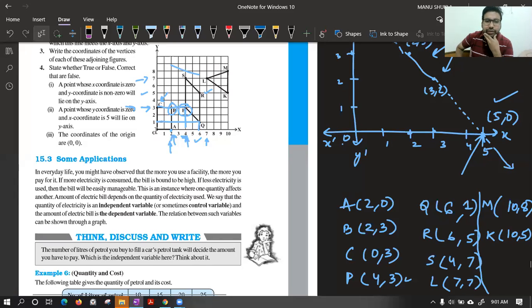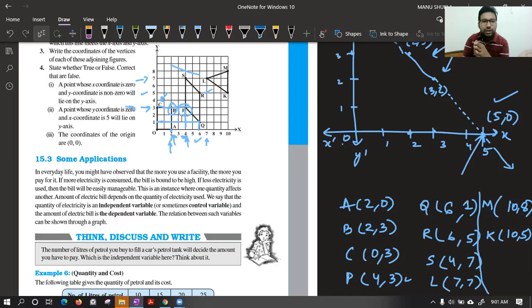Please tell. If there is a point 0 comma something like 0 comma 1, 0 comma 2, 0 comma 3, 0 comma 4, 0 comma 5, these kind of points, Smriddhi, how can you say that? Please see. Saurabh, please see. Try to understand. Here only I told you. If you are having points like 0 comma 1, 0 comma 2, 0 comma 3, obviously the x portion is 0, we have nothing there. Only y we are having. That is why it will lie on y axis, and that is why it is correct.